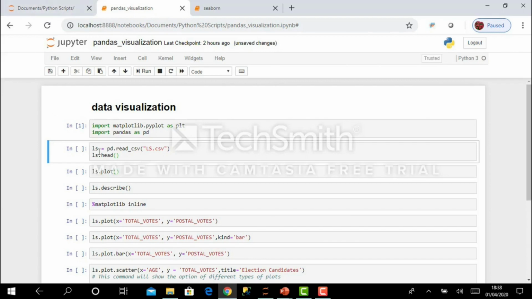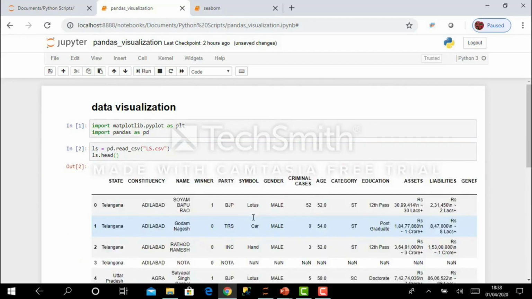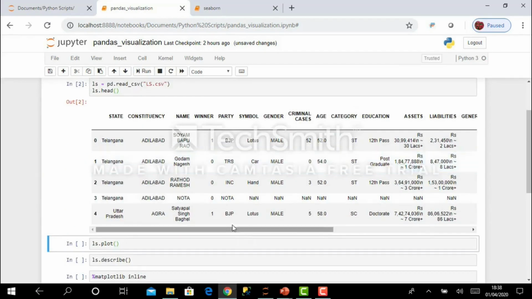In the next statement, I am reading one file named ls.csv. This file is saved in the same directory where my Jupyter Notebook file is saved, and I am saving it in the data frame named ls. Then I will execute this ls.head method. That will give me the first 5 records of the file. As I have executed, you can see these are the records.